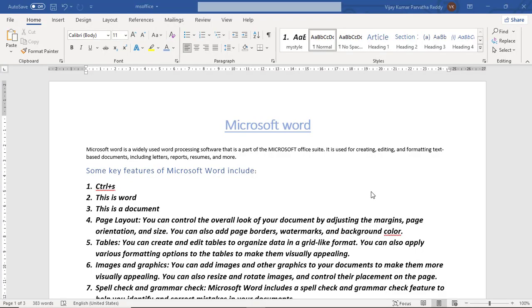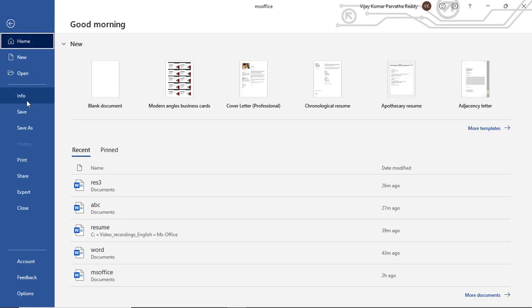In this session, you will learn how to print your document, and before printing, how to set up printer or page settings. For that, Control P is the shortcut key. Ctrl plus P is the shortcut key for printing, or otherwise you can use the File option and go to the